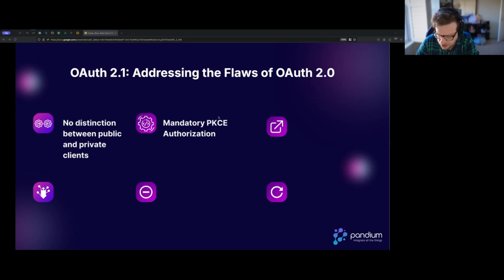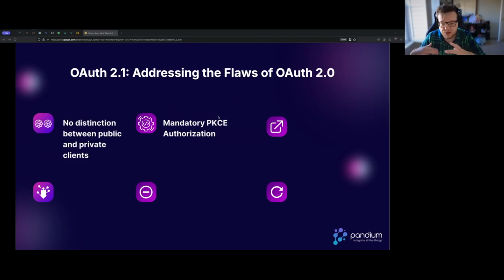The reason you have to do this, it turns out that on iOS, on any device where you're able to open links that open an application directly, say like a GitHub link. I have GitHub on my phone. If someone sends me a GitHub link, it'll open up in the GitHub app. It turns out if someone was to register the URLs that GitHub would use and put that into a malicious application that I then download onto my phone, that application can end up stealing parts of the flow, like the access code or the access token that's returned, and use that to make subsequent calls. So that's why PKCE was added.